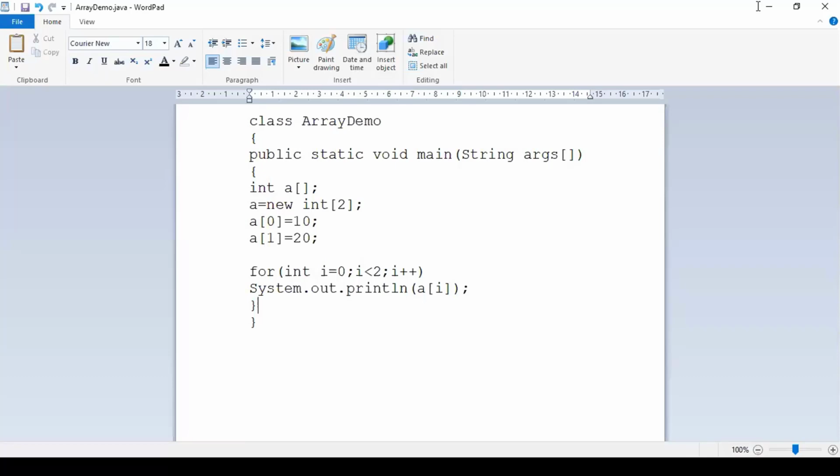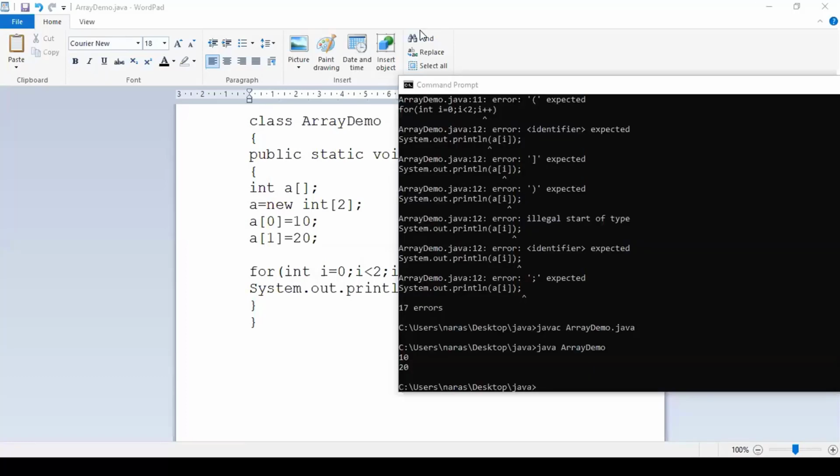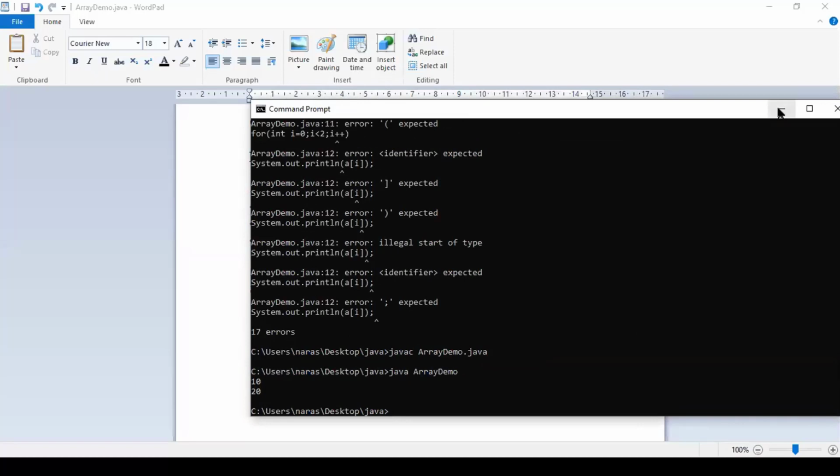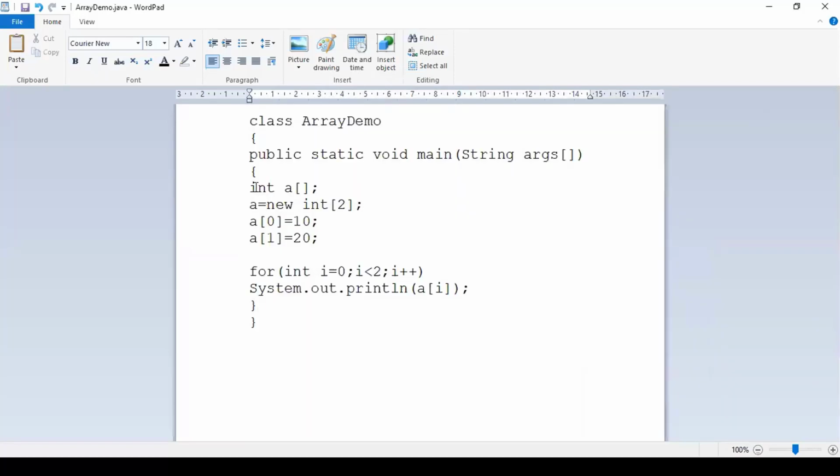Once you specify its size, you can initialize the values into that one, no problem. In a single statement, you are finishing that particular declaration and creation of a new array, right? So he wanted to put these two statements in a single line, can be done.